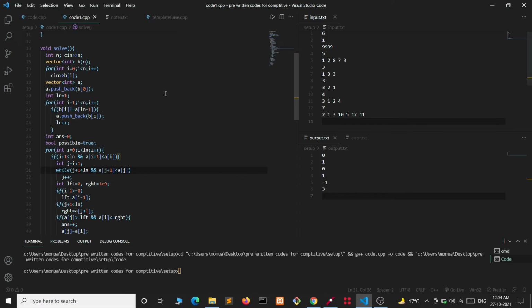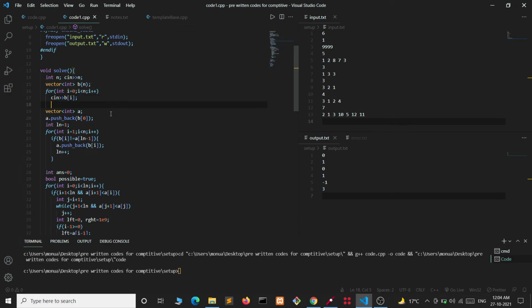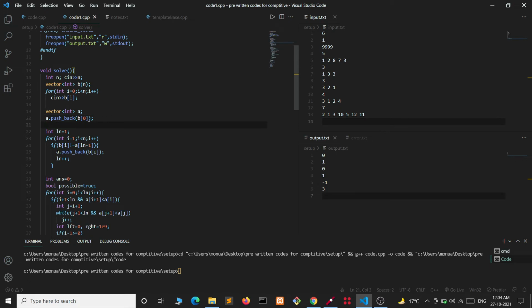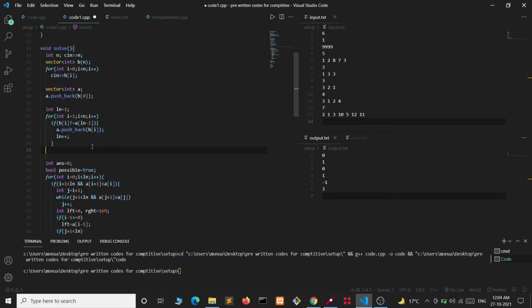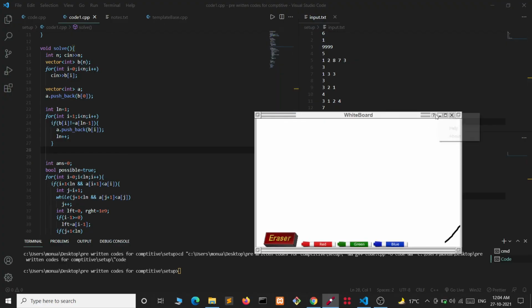Now let's see the code part for it. I have taken input as array B, and then I am taking array A. I have inputted the first element of array B. After it, I am putting an element in A only when it is not equal to the previous element in A. Like if there is something like 1, 2, 3, 3, 5, 5, I will be taking all the consecutive threes only one time, and all the consecutive fives only one time.